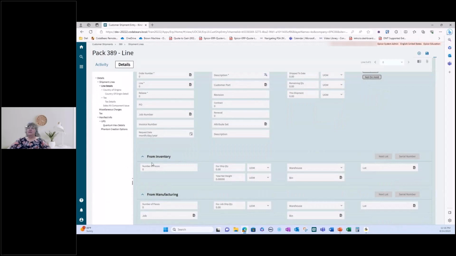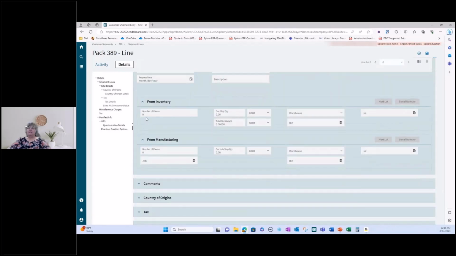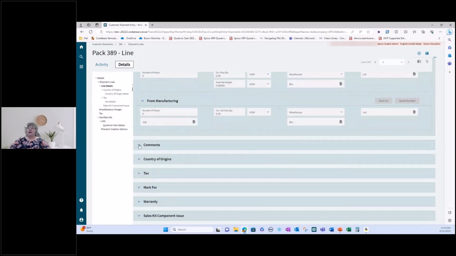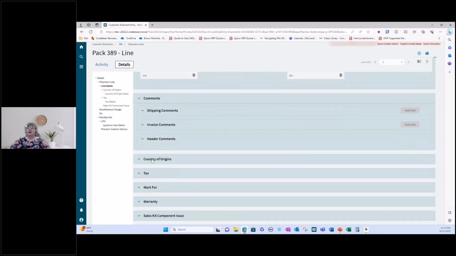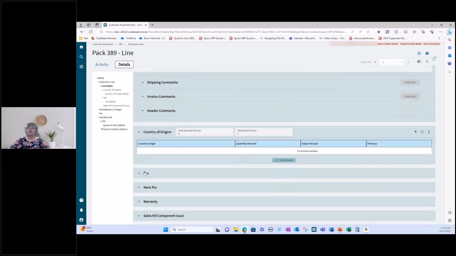And you can see it's not a lot different, except that now we have from inventory or from manufacturing. So where are we pulling this shipment from? It gives you more on shipping comments, invoice comments, and header comments. It tells you the country of origin. So you have a lot more fields